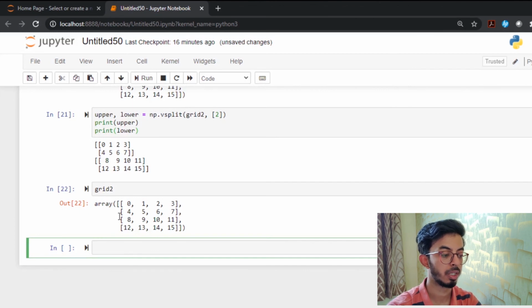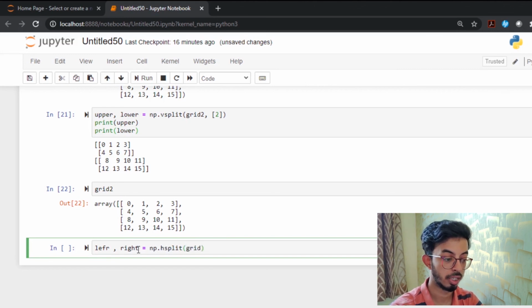Let's split grid 2 horizontally, that is the left part and the right part. So left, right equals np.hsplit, horizontally split. Which one? You want to split grid 2 horizontally.